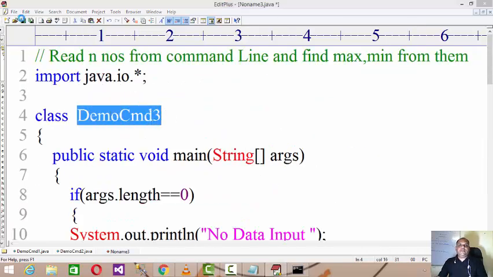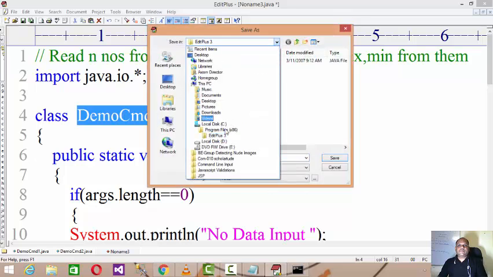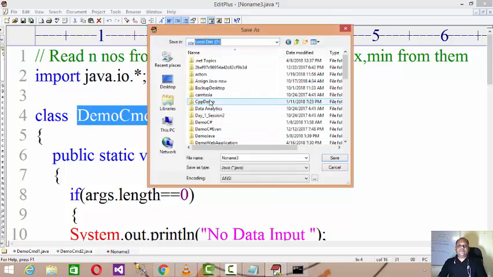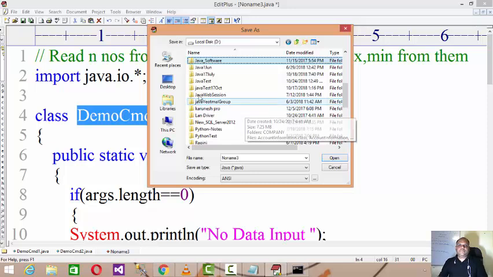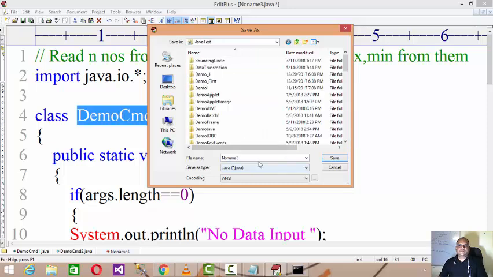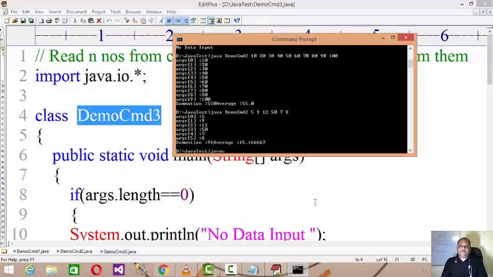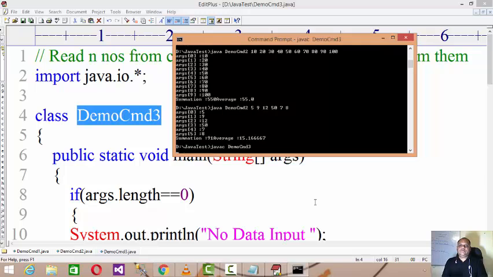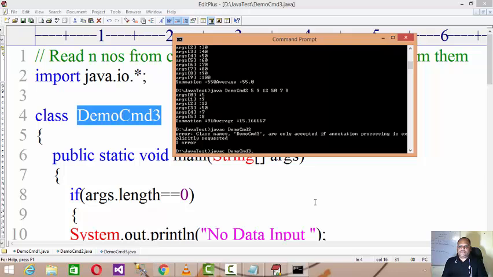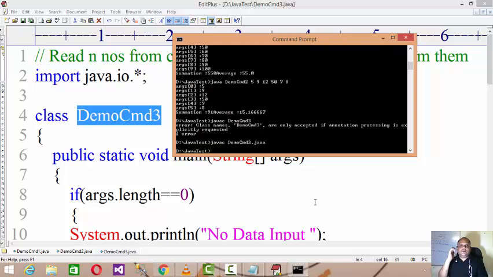So now just compile the code. Java demo cmd3. We'll compile the code with demo cmd3.java and run Java demo cmd3.